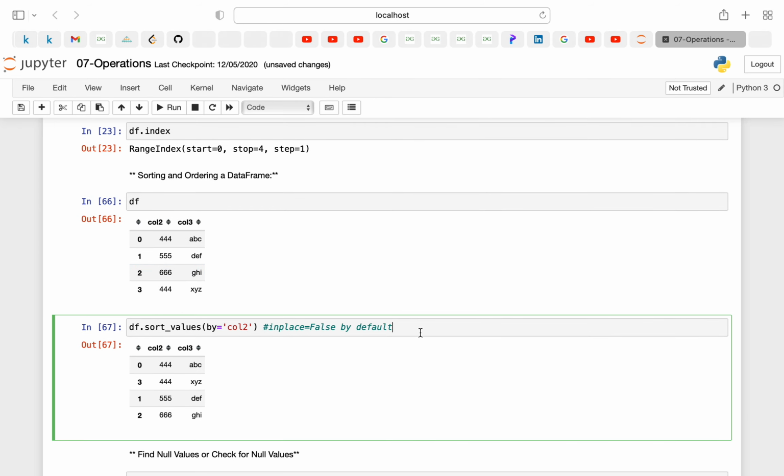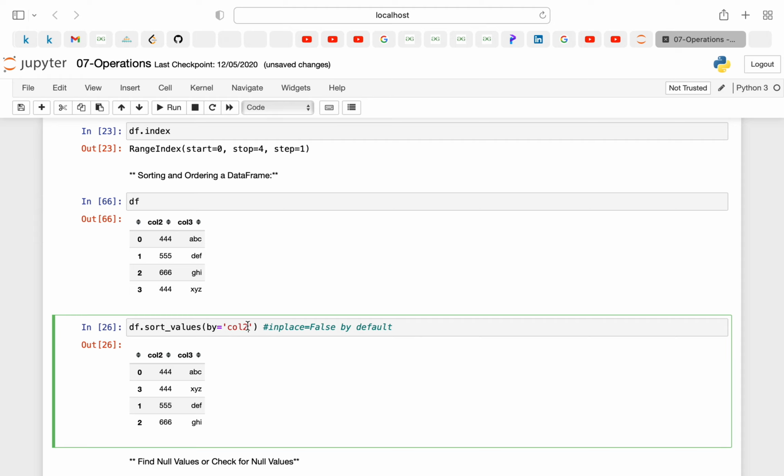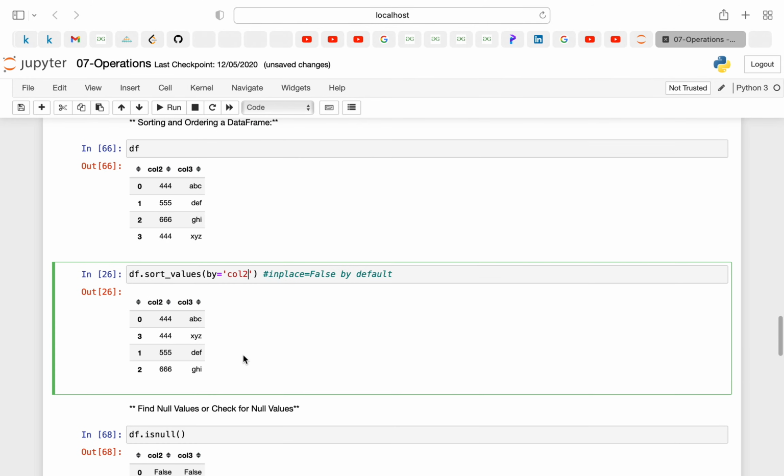Now sort_values is, you can say, the most useful operation while doing data analysis. Suppose you want to sort our data frame on the basis of a particular column as a key. You can do df.sort_values and pass that particular column. It will do sorting on the basis of that particular column only.